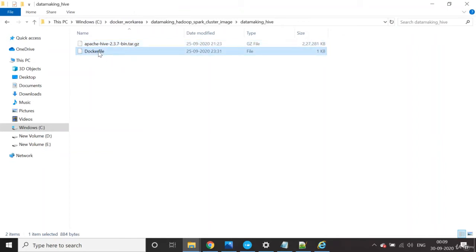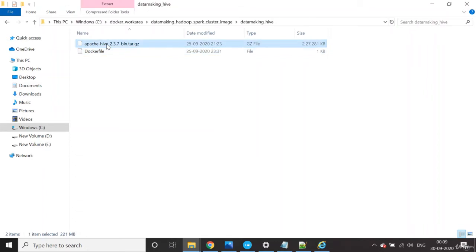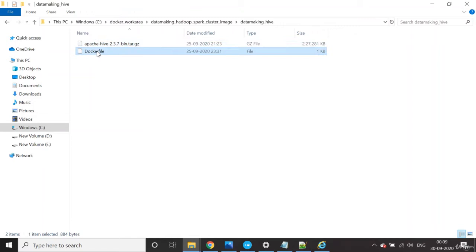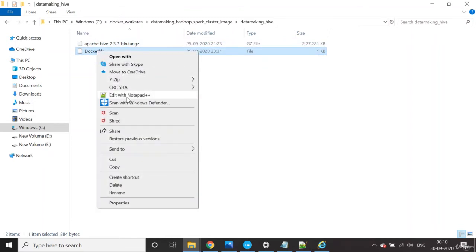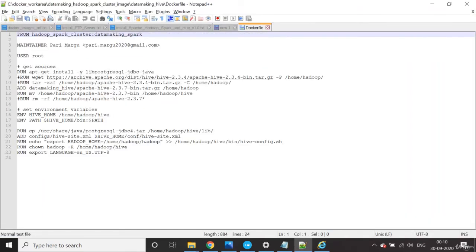So you need to download it. If you don't want this version and want to try a different version, then you need to download from the Apache Hive website, hive.apache.org. Here I'm going to run this, extract the binary file and set the Hive home, then take the configuration files from the config folder and update the default configuration with all the information you're going to provide.